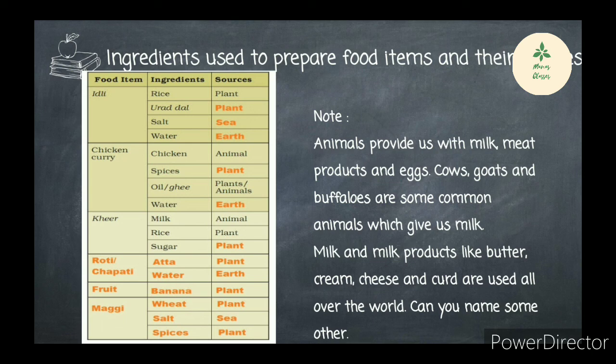animals provide us with milk, meat products, and eggs. Cow, goat, and buffalo are some common animals which give us milk. This is also part of the textbook. Milk and milk products like butter, cream, cheese, curd are